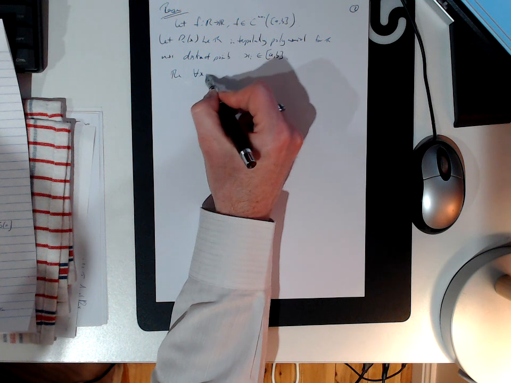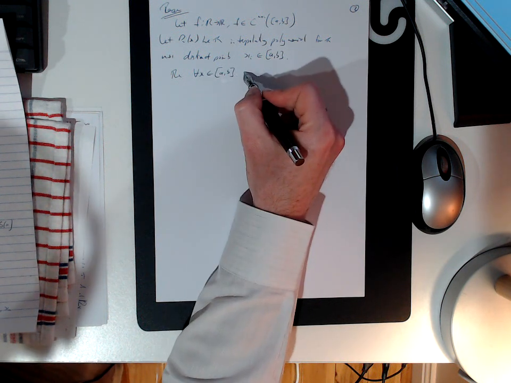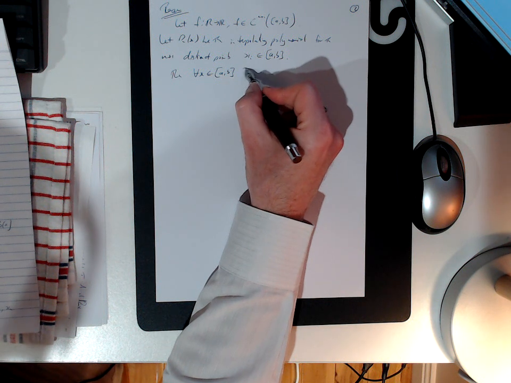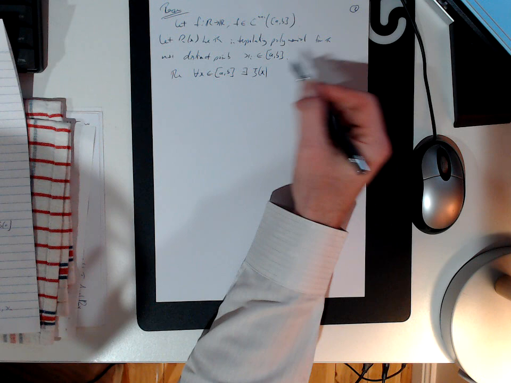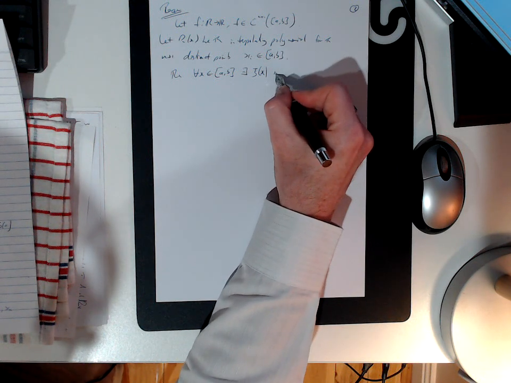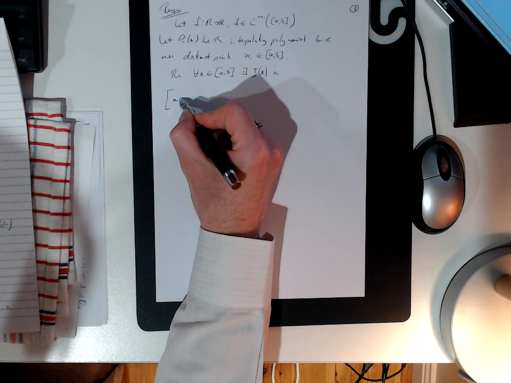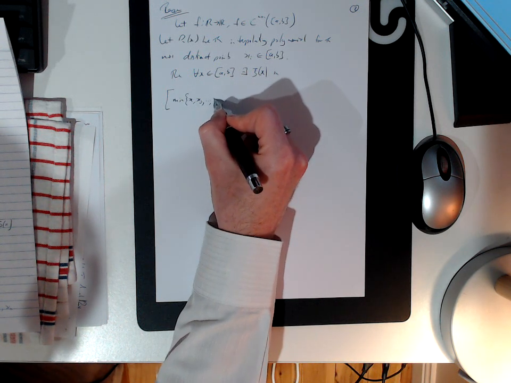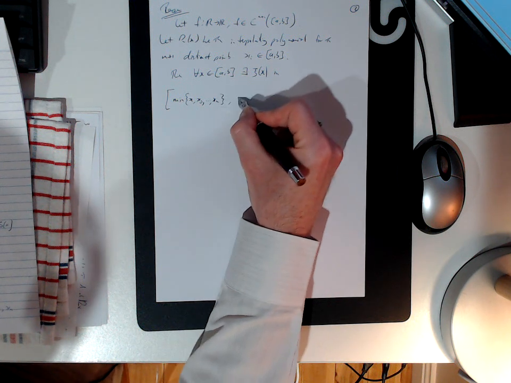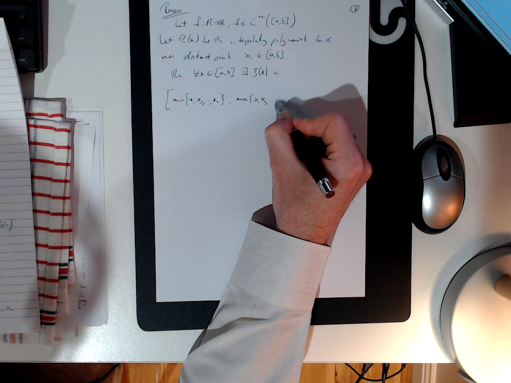Then for all x inside AB, there exists some zeta of x, and you can think of zeta as a function of x in the interval given by the minimum of x0 up to xn, and the maximum of x0 up to xn,